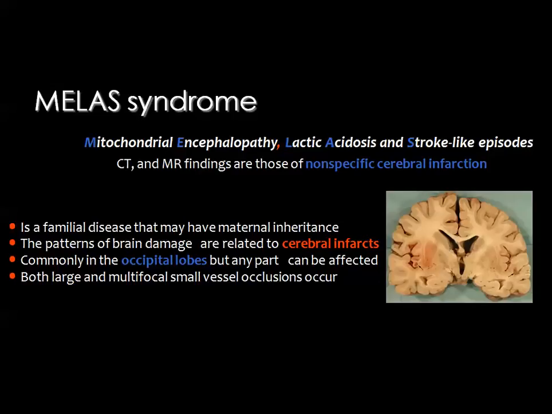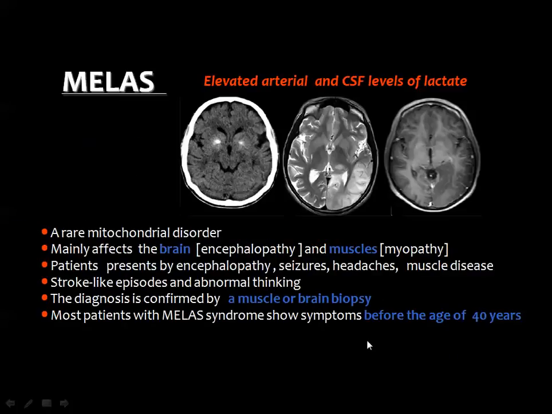There is always a debate about whether these cerebral infarctions are due to ischemia or due to this metabolic abnormality. But the CT and MRI findings are non-specific. They show only cerebral infarction, which is commonly seen in the occipital lobes, but can occur in any part of the brain. And